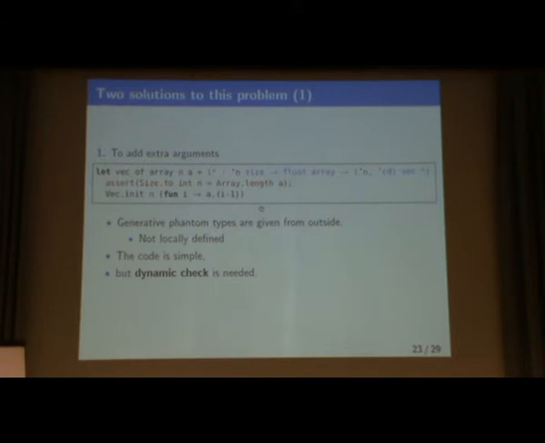One is an easier solution, which depends on dynamic checks. We give the existential size information from the outside to avoid the escaping. So we have to give this n from the outside of the vec over array function. And then we need an extra dynamic check, which should be unnecessary, but we need it so that the given argument n indeed corresponds to the size of A. So this is syntactically simpler, but requires an extra dynamic check.